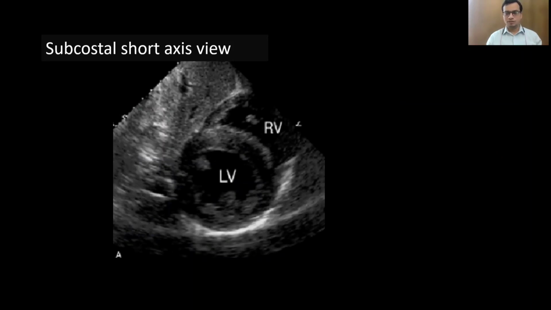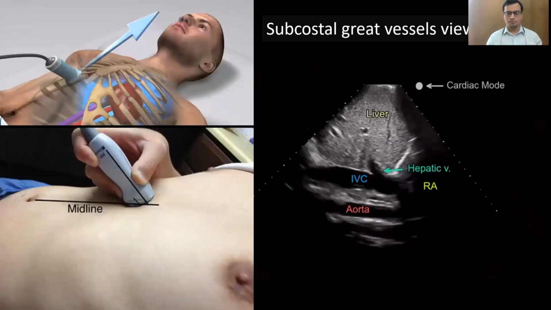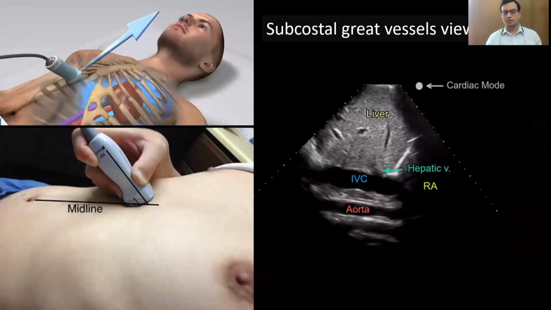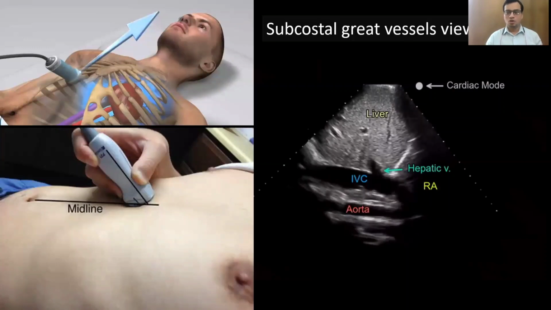These views are very similar to the short axis views you obtain from the parasternal approach. From the subcostal 4-chamber view, the subcostal view of the great vessels is obtained by rotating the transducer marker towards the patient's head until the IVC is elongated. Slight adjustments in the angle and rotation may be necessary to demonstrate the elongated IVC as it enters the right atrium and hepatic vein optimally.